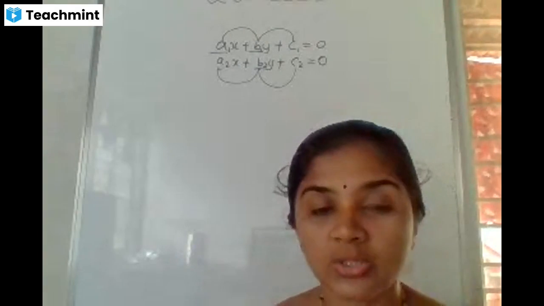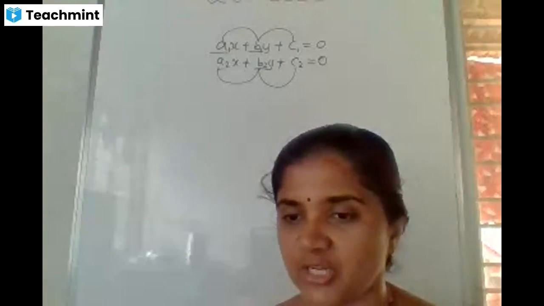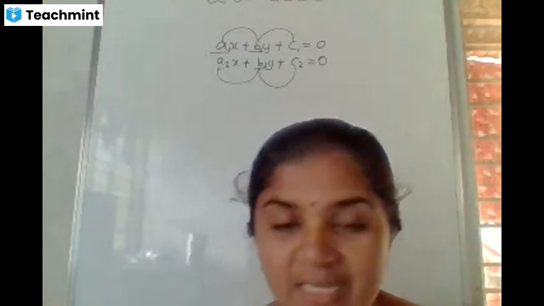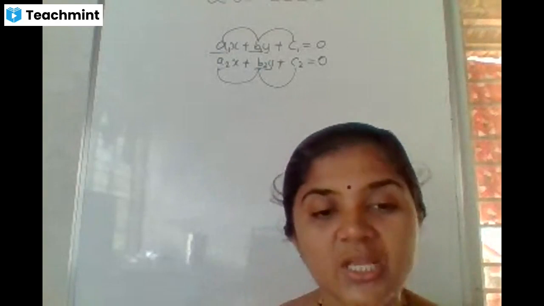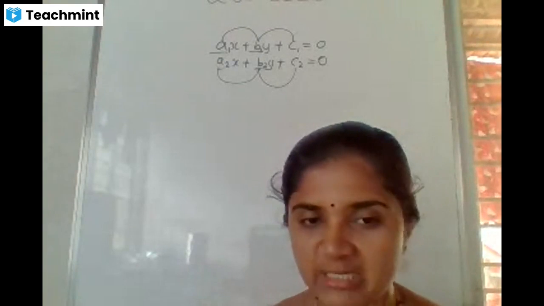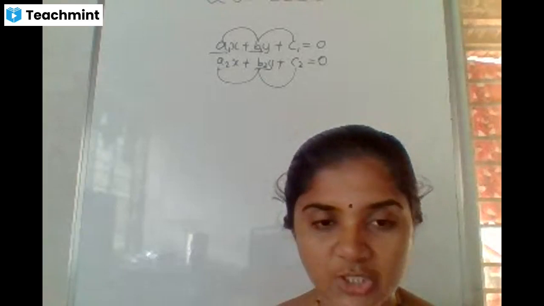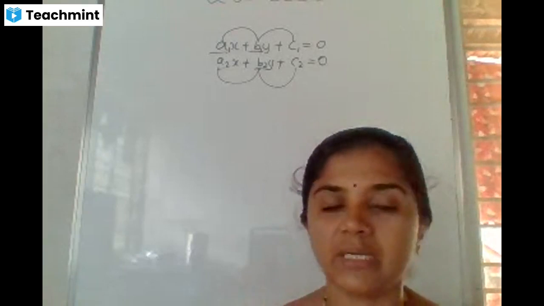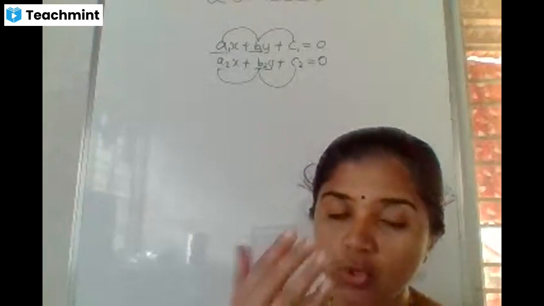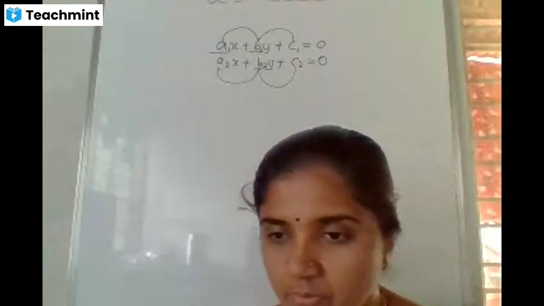A statement is given, so that statement you first have to convert into an algebraic expression. Afterwards you have to take the graphical representation. First, the algebraic representation: in the sense, you have to convert the statement into algebraic expressions, then you have to solve the two algebraic equations.